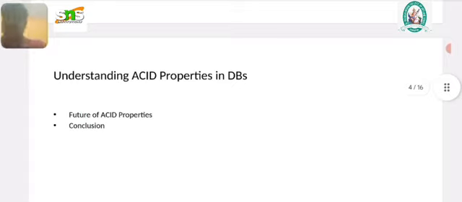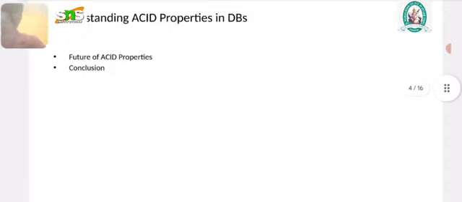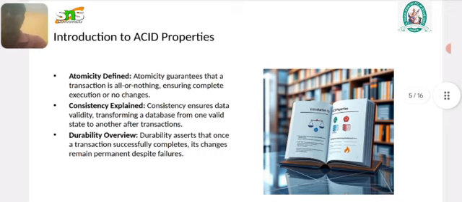We also discuss the future of ACID properties, and then the conclusion. First of all, we discuss the introduction to ACID properties. There are these defined properties. The first one is atomicity. Atomicity guarantees that the transaction is all or nothing, ensuring complete execution or no